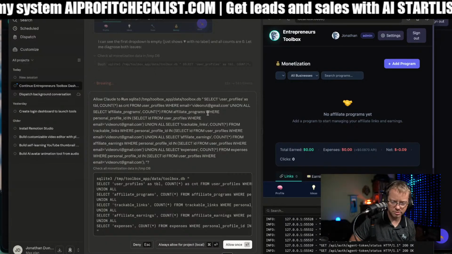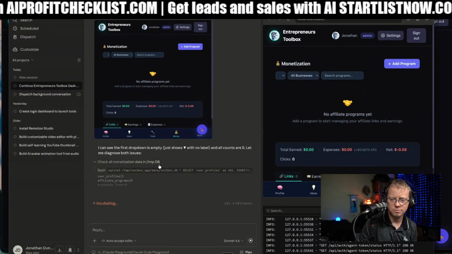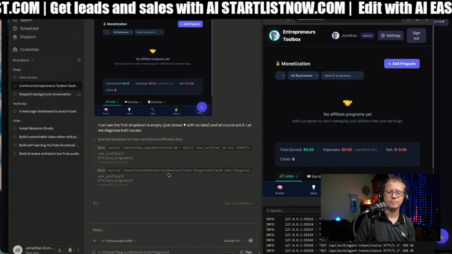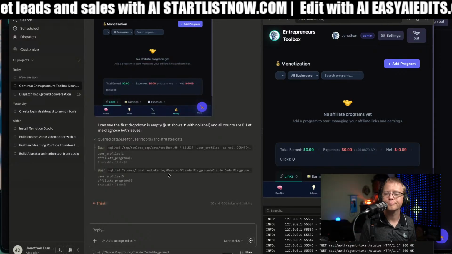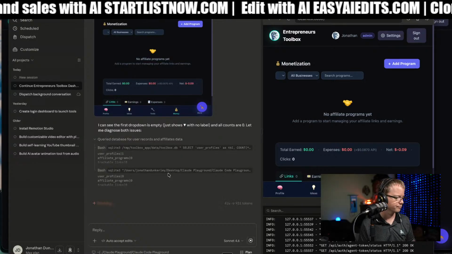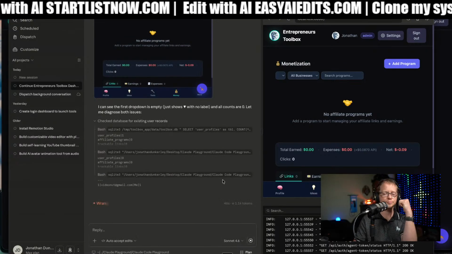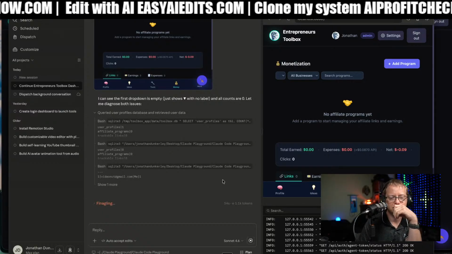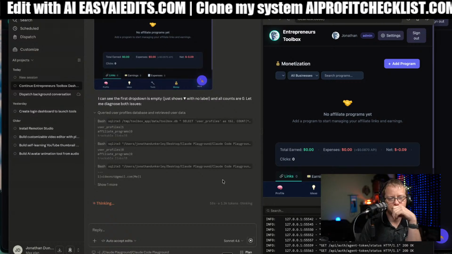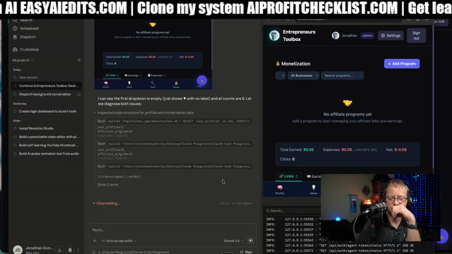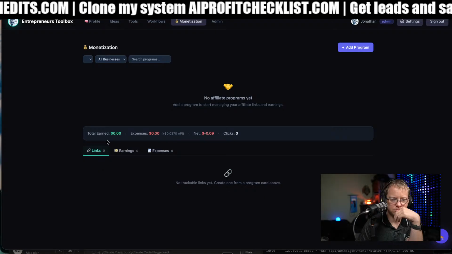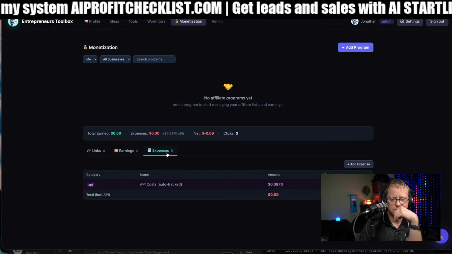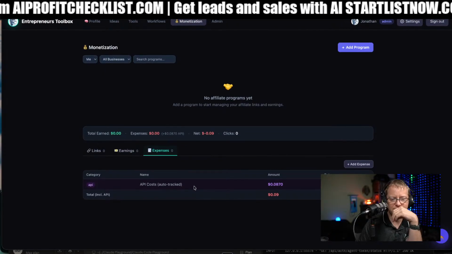Okay, I can see the first one. Like log earnings, I could have it, see, right in there, we just have it track the API costs.